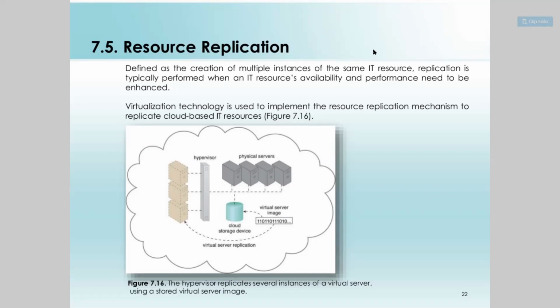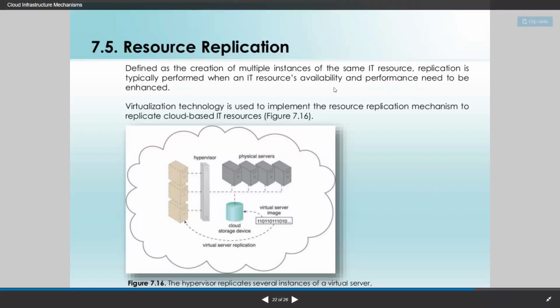In VMware also we do the same thing. Once you have one VM created, we can share or replicate that same VM in other machines as well. That is usually called resource replication. You are creating a resource once and replicating, or duplicating, the same resources at multiple places. It minimizes your efforts and your time. One resource can be reused at multiple places without much effort. So that is all about resource replication.